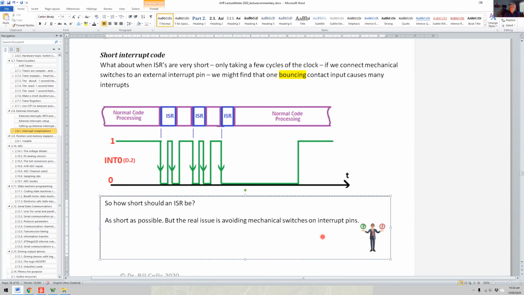Now, of course, you've already got a few other tricks up your sleeve at the moment, and one of those is a timer. So what you could do is, during this first call of the interrupt service routine, you could call a timer, and then the timer times out after, say, 30 milliseconds, and at that point in time, the actual ISR code that you want is run as part of the timer interrupt service routine instead of as part of the INT interrupt service routine. So that's one of the sort of things you can do to solve this sort of problem,